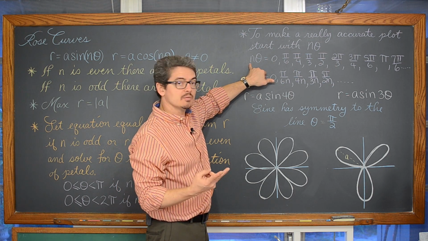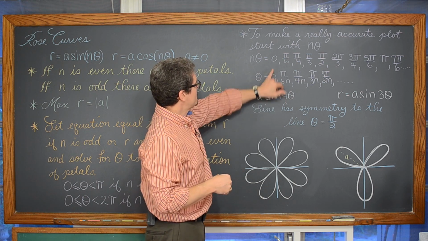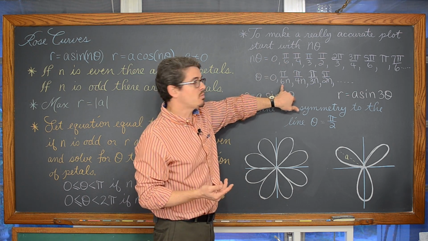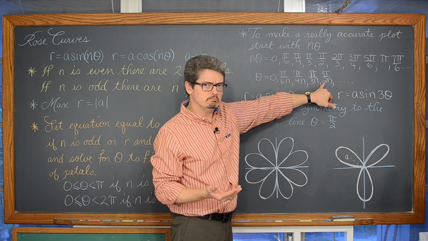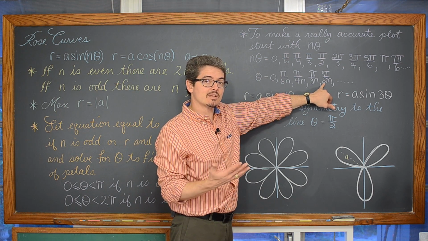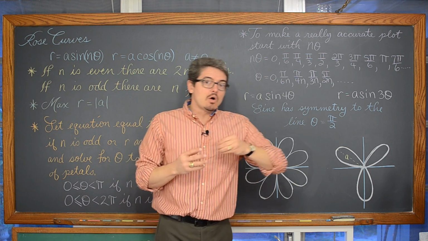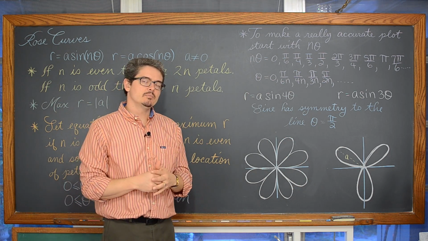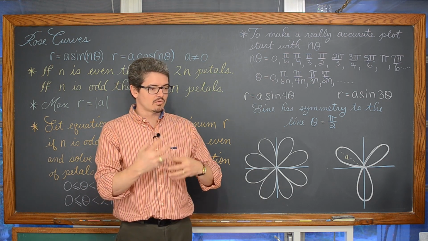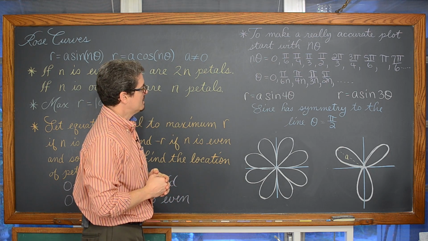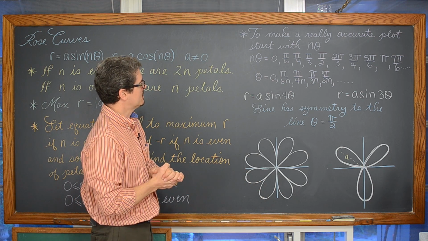And so if n is just a simple 2, that gave you 4 petals, a lot of movement with that. So we'd have an angle of 0, an angle of pi over 12, an angle of pi over 8, an angle of pi over 6, an angle of pi over 4. That's a lot of angles to only go pi over 4 radians. So you can see how long that t-table would need to be to plot some points to get a really accurate graph of your polar equation. So again, hopefully we can just highlight the endpoints of those petals to get our sketch.